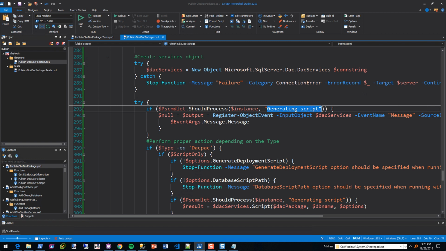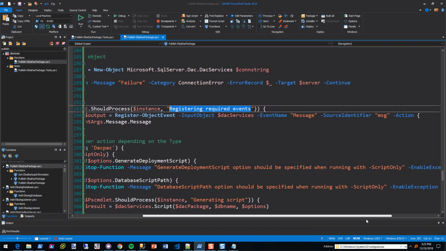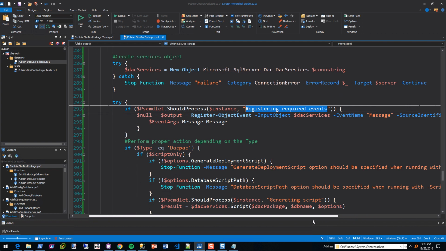So registering, I don't know, registering required events. That doesn't mean anything to the user, though. How about and I hate this.